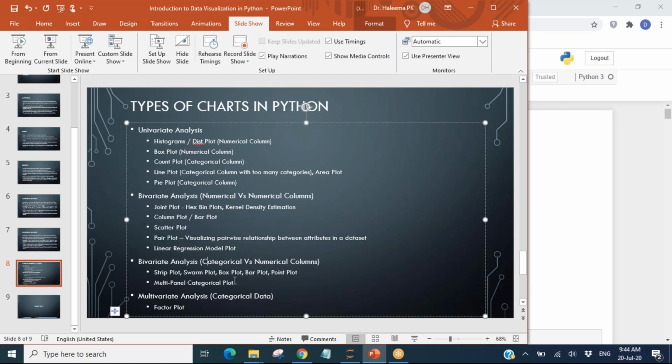Okay, so I'm going to demonstrate each of them, how you can actually visualize the relationship between any two kinds of variables. If both the variables are numerical, which kind of plots you will make use of. If one is categorical, one is numerical, how will you visualize it? Okay, and then in the multivariate analysis, we are going to discuss the multi-channel categorical plot or factor plot. Okay, so now let's just move on to